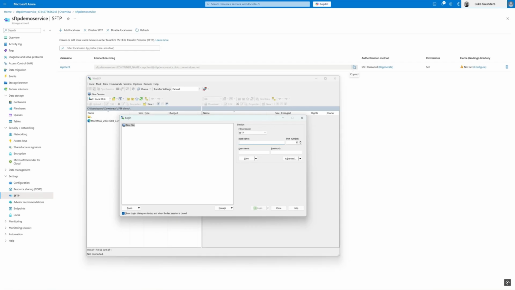So here we now need to put the host in. So simply here, the host is going to be copied over. So if I grab that from here, we can pop the host in here. SFTP by default is always port 22, so that's absolutely fine. We then have our user. So above here, we can see that after the @ sign, that is our host. And before the @ sign is our user. And we've got the container name in here because actually it is technically two separate connections to connect to each container. So if we go inbound,